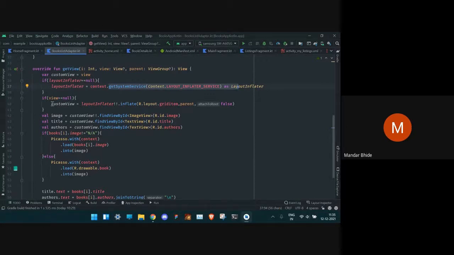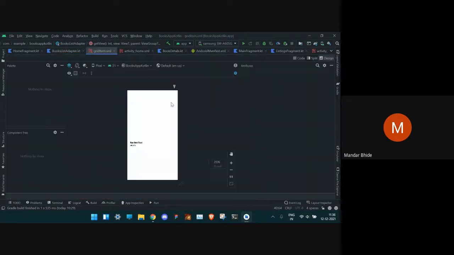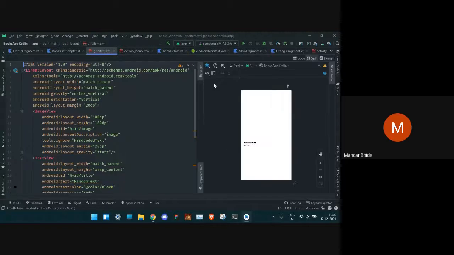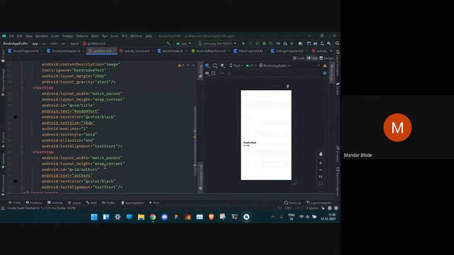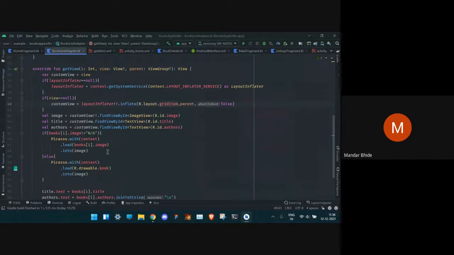Now that we have the layout inflator, we create a view out of that, which is joined to another layout, that is the layout of each item in the grid view. It has an image, a text, and another text. So we are taking these using findViewById once again.